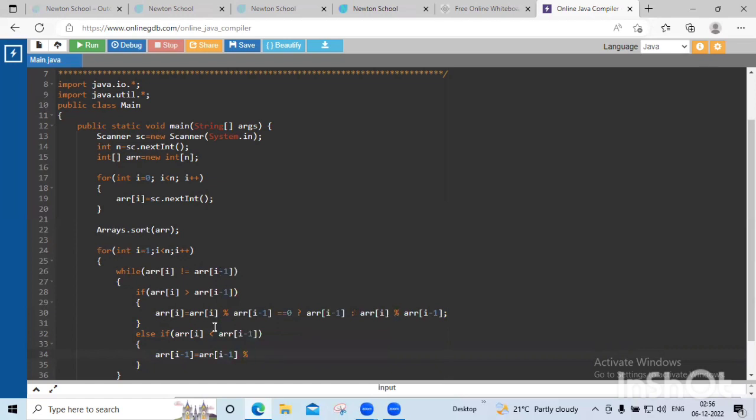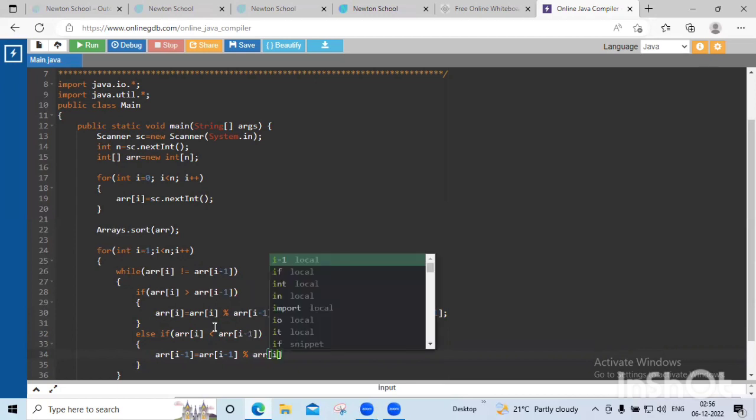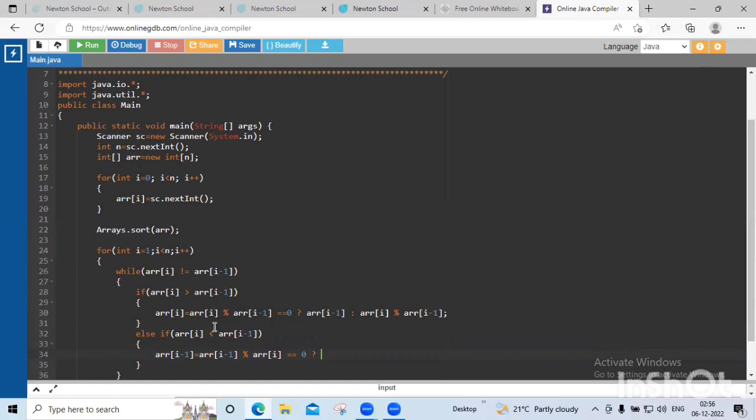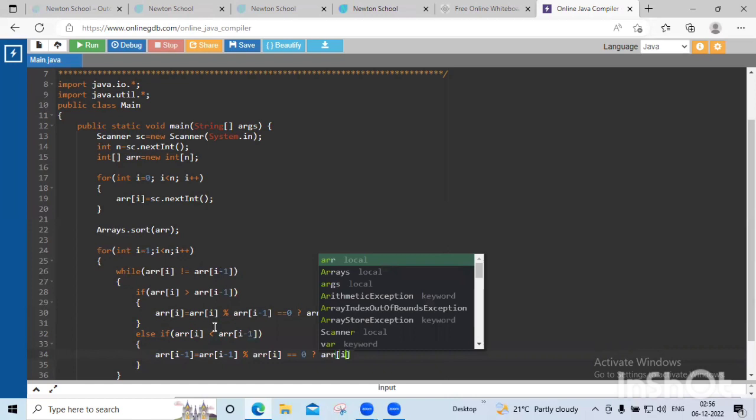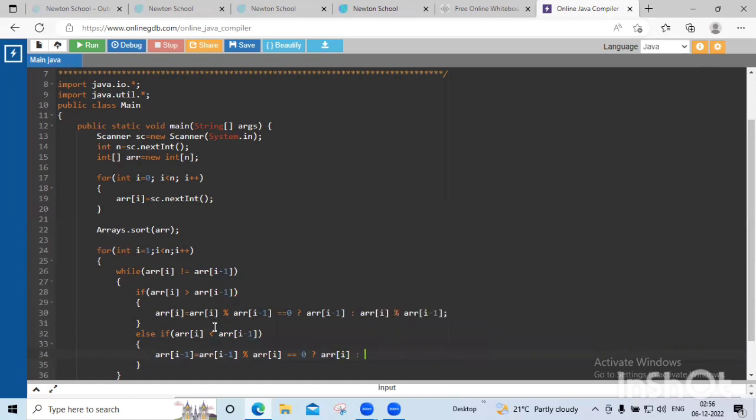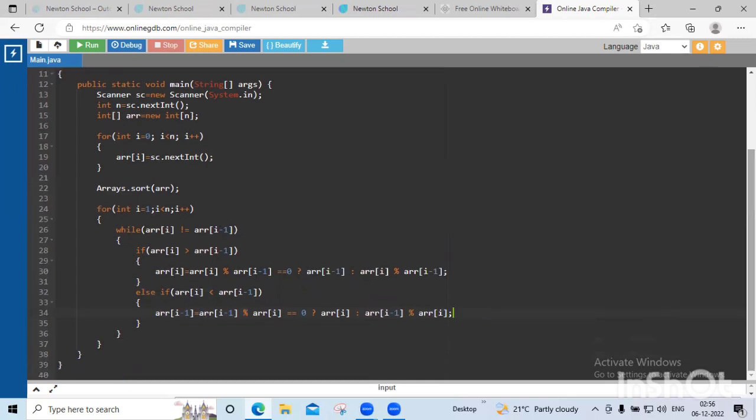सो यहाँ पे आई माइनस 1 मॉडुलस एरे ऑफ आई कर देंगे. ओके एंड इफ इट इज इक्वल्स टू 0 देन सिंपली हम क्या रिटर्न कर देंगे, एरे ऑफ आई को रिटर्न कर देंगे. ओके एल्स नहीं तो हम ये रिटर्न कर देंगे. ओके सो array of i minus 1 modulus array of i equals to 0, देन हम array of i को रिटर्न कर देंगे, नहीं तो इसका जो रिजल्ट है इस ऑपरेशन का मॉडुलस का वो उसको रिटर्न कर देंगे. ओके